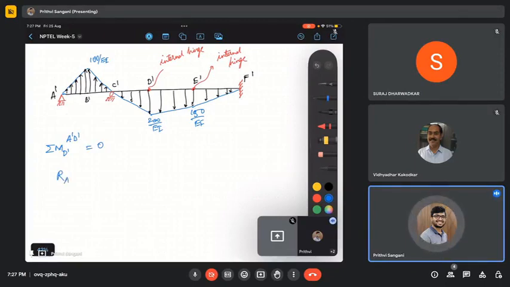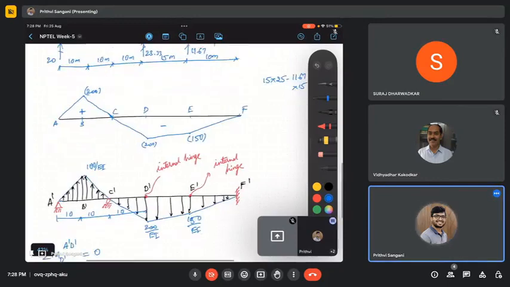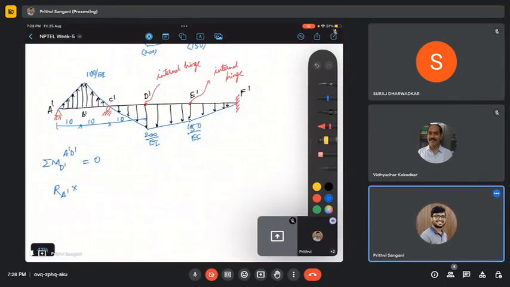So R A dash times this length. 10, 10, this is also 10, and this is 15. So 10, 10, 10, 15, and 10. So this is 15 meters and this is 10 meters. So R A dash times 30 minus,